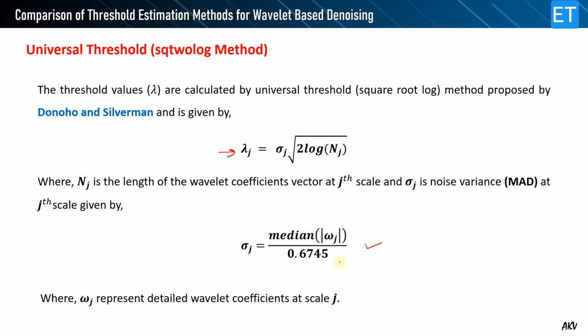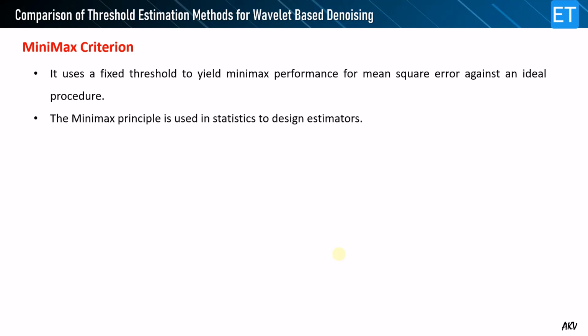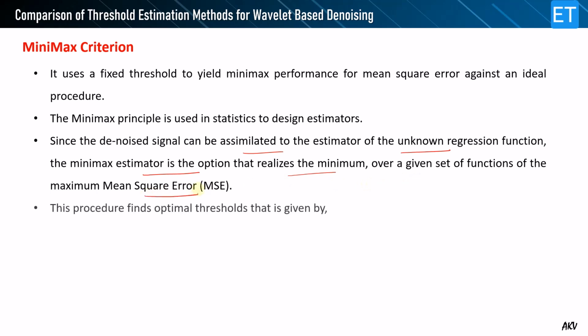So this is a simple calculation. And the minimax criterion actually uses a fixed threshold to yield the minimax performance for mean square error against an ideal procedure. Since the denoised signal can be assimilated to the estimator of the unknown regression function, the minimax estimator is the option that realizes the minimum over a given set of functions of MSEs, and it is given by these equations. So your threshold value is sigma (0.3936 + 0.1829 log 2n) when n is greater than 32,